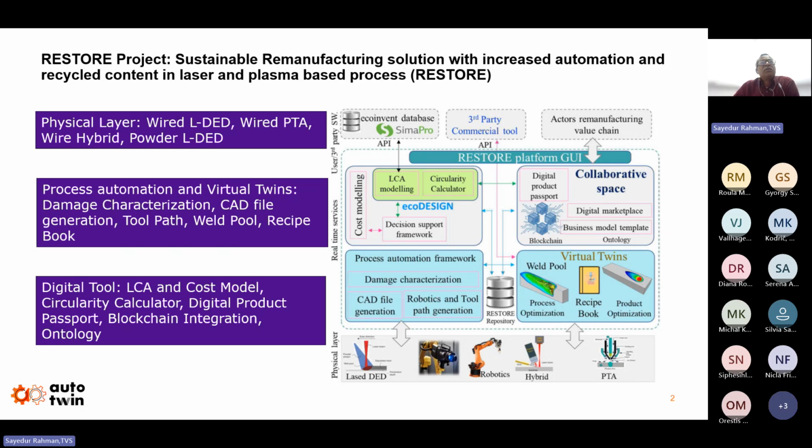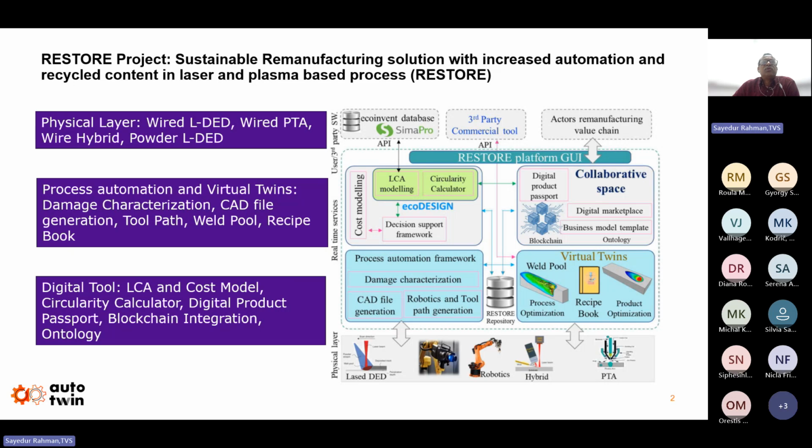The next layer is the real-time service layer to process the automotive framework, damage characterization. We have to find out where the damage is, generate the CAD file, and toolpath generation to translate the design into robotic instructions.